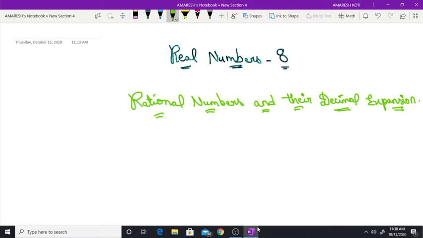In class 9, you studied that rational numbers have either a terminating decimal expansion or a non-terminating repeating decimal expansion. In this session, we are going to consider a rational number, say p by q, where q not equal to 0, and explore exactly when the number p by q has a terminating decimal expansion and when it has a non-terminating repeating or recurring decimal expansion. We do so by considering certain examples. Okay, this is very important.